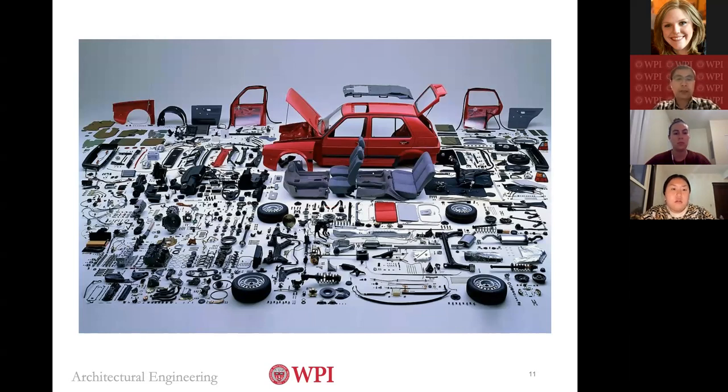So if we think about architecture engineering together, you can use an analogy of a car. Let's say a customer or owner says, I want to build a car that can hold 5 or 6 passengers and have 4 wheels. That's basically the architect's job, and then it moves to the work of architecture engineers. What we want to do is put all the components together and make the car run safely on the road.